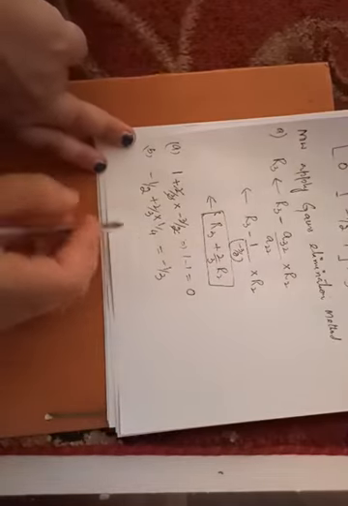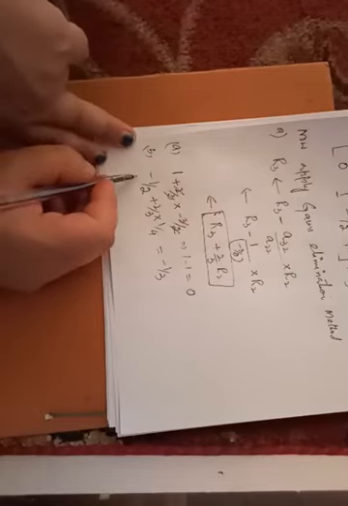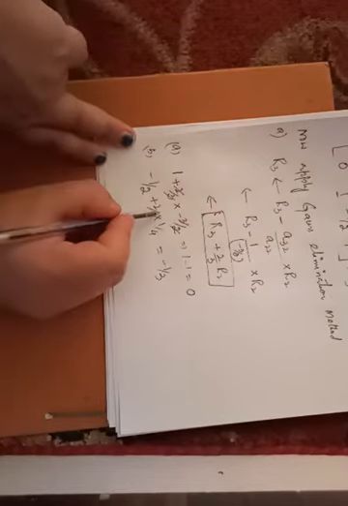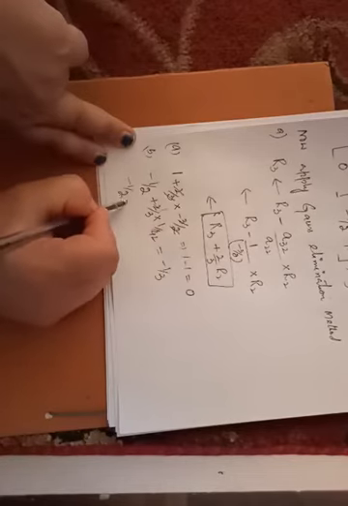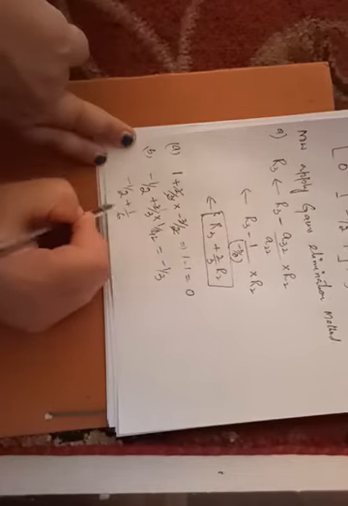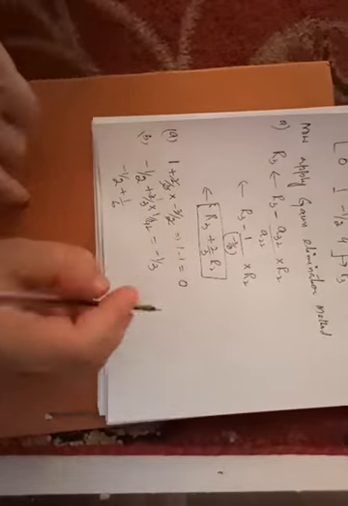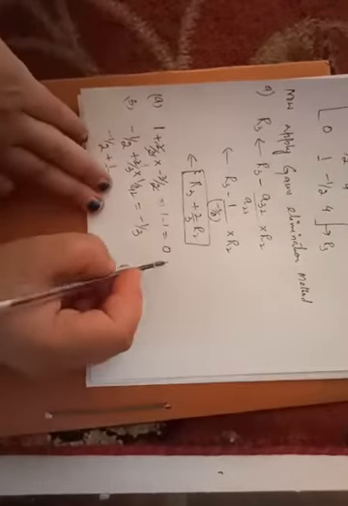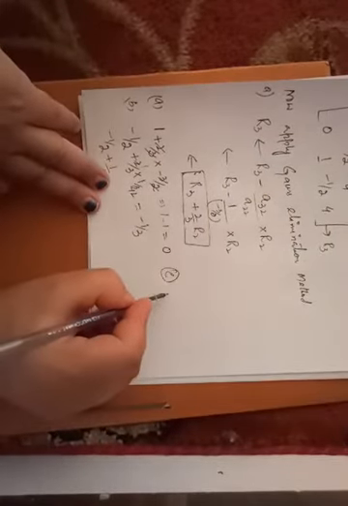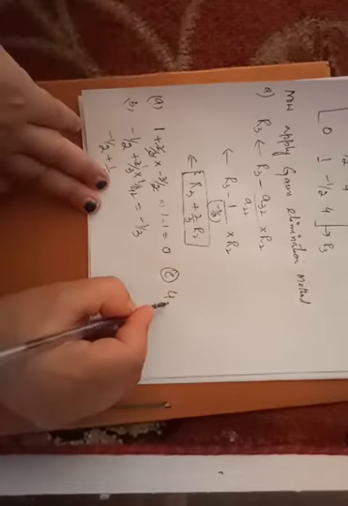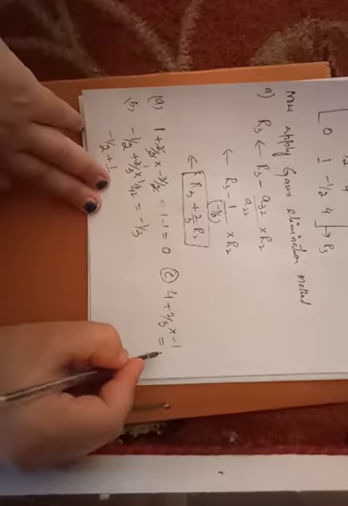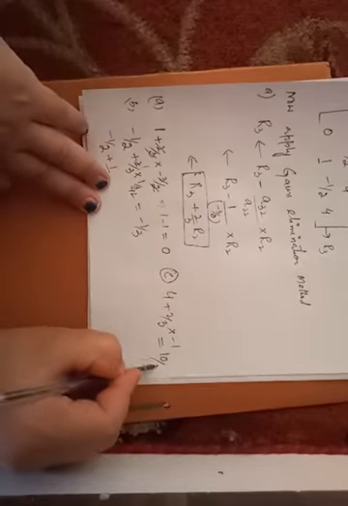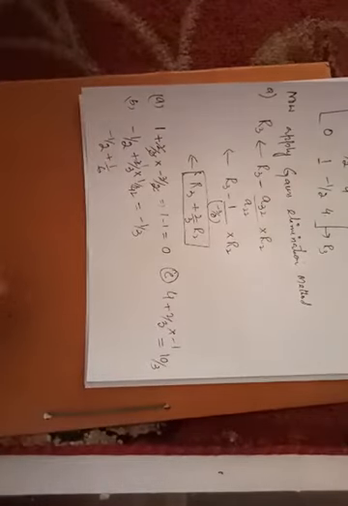Okay, after calculating. Like 2 ones are 2, twos are, it will be minus 1 by 2 plus 1 divided by 6, then LCM करके it will be minus 1 divided by 3. Now the last element C is 4 plus 2 by 3 times minus 1. After calculating this, this will be equal to 10 divided by 3. Okay, so therefore